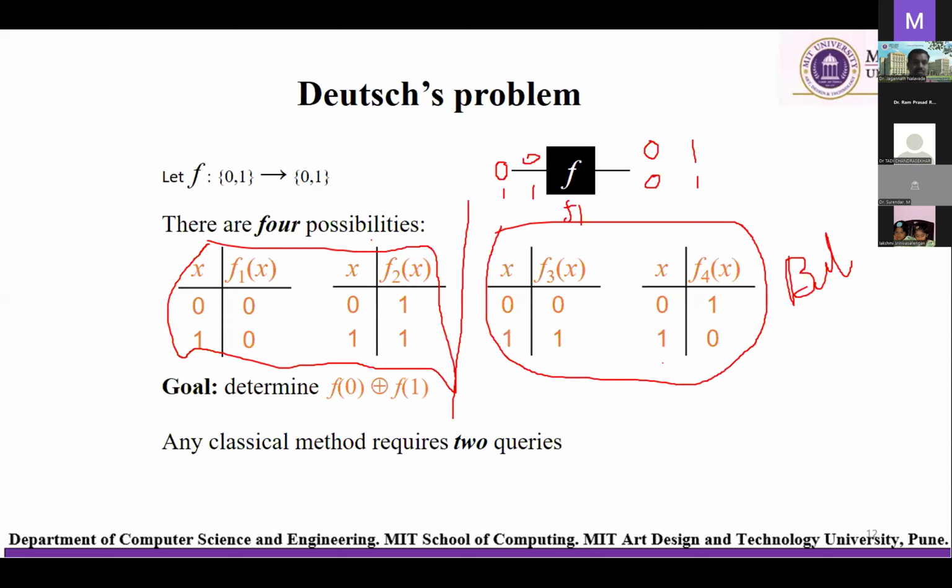So what is the problem actually? Deutsch considered that if he has designed one system and passes some input, he should identify whether that system is balanced or whether it is constant. This is the Deutsch problem, and he designed the algorithm